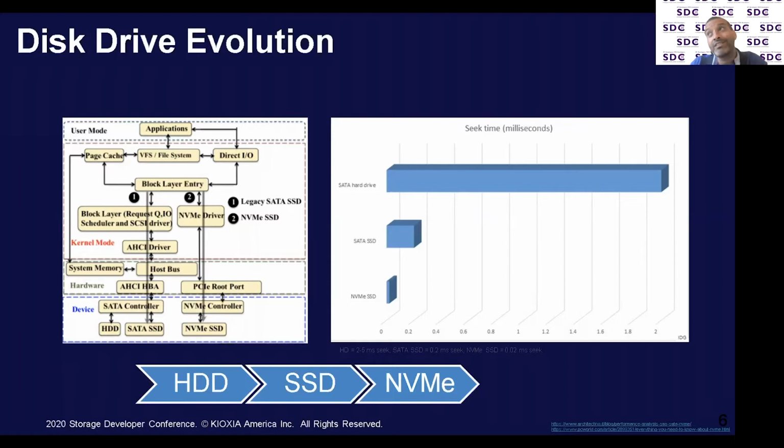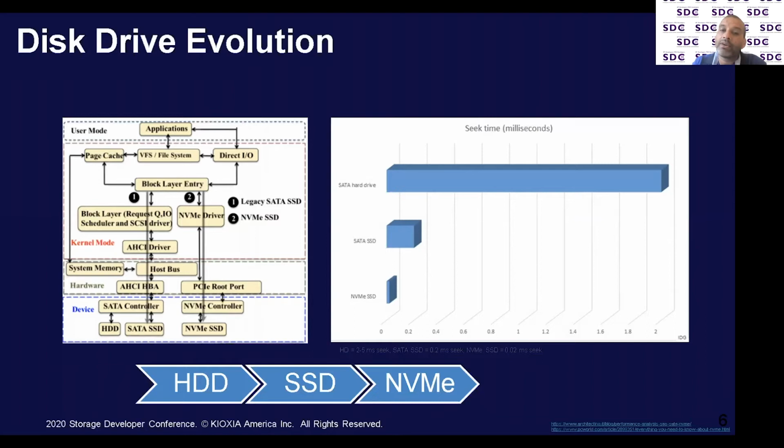But when we changed the protocol, the jump was much, much bigger. Now we have enormous performance from NVMe drives. In fact, many of our applications are still not ready to leverage that performance. We'll talk about that.